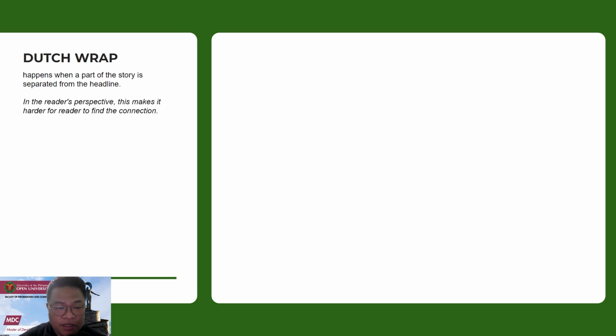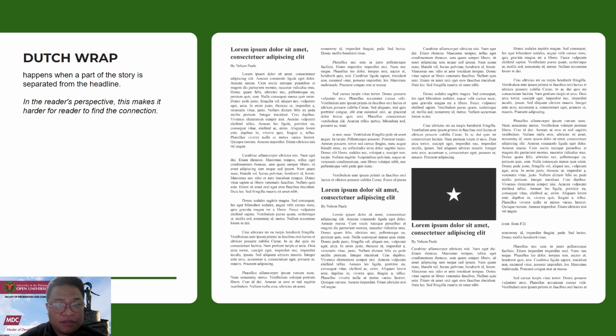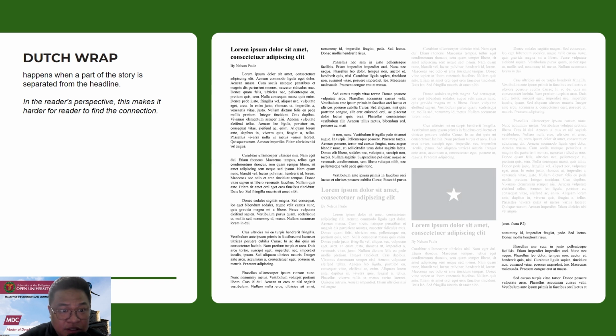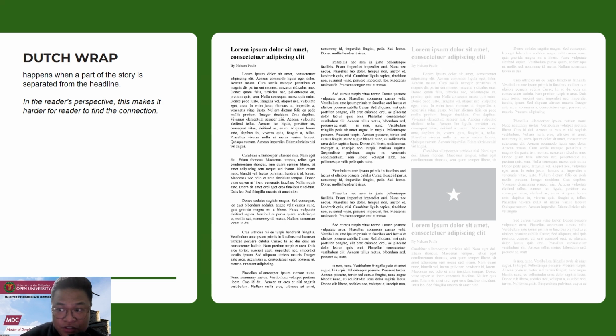Dutch wrap happens when a part of the story is separated from the headline. In the reader's perspective, this makes it hard for the reader to find the connection. We can avoid this by putting the story and the headline in the same page, making them a complete unit. As such,